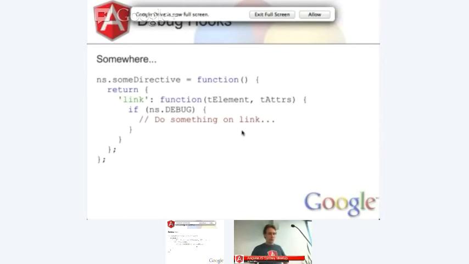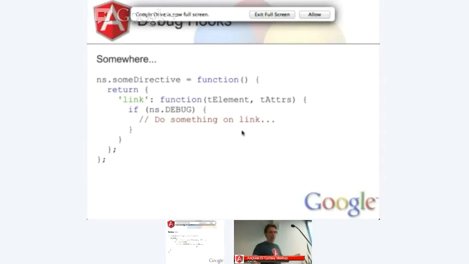This is a really neat trick. It's mostly a Closure compiler trick, but it allows you to do introspection in Angular, which is really cool. Because the Closure compiler does dead code elimination, if you compile with the debug flag, you can use that to either include or exclude debug JavaScript from your code. What that means is if you want to have debug code in your code, but you don't want it to get exposed to your users, you can do things like this in order to include it.